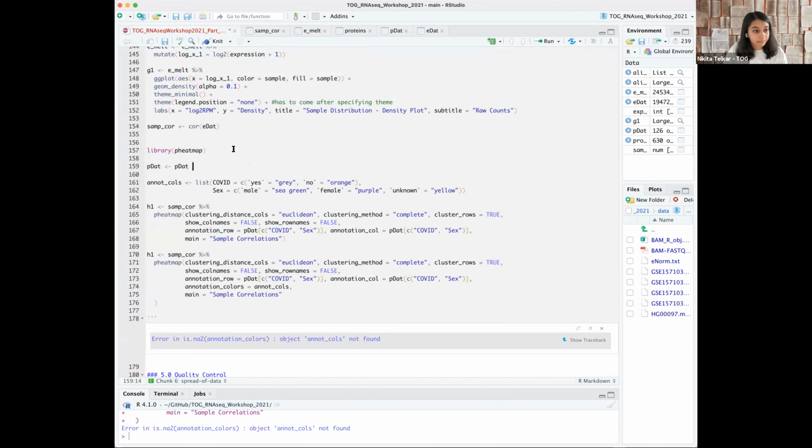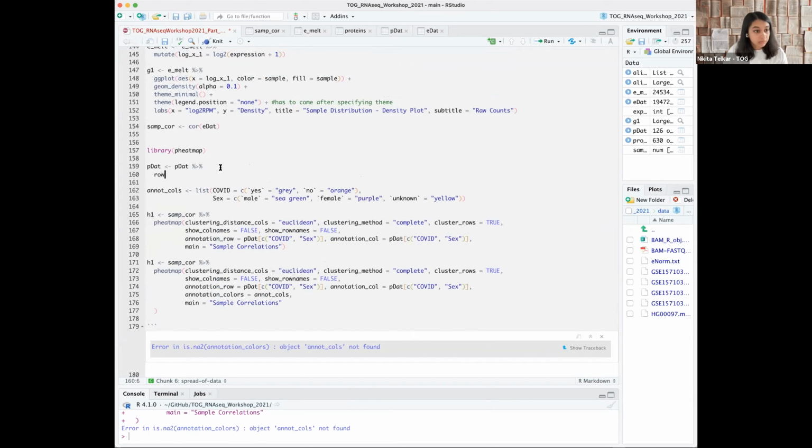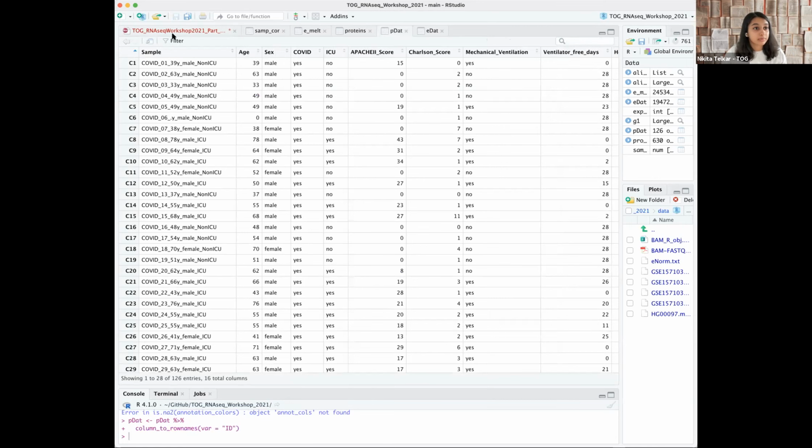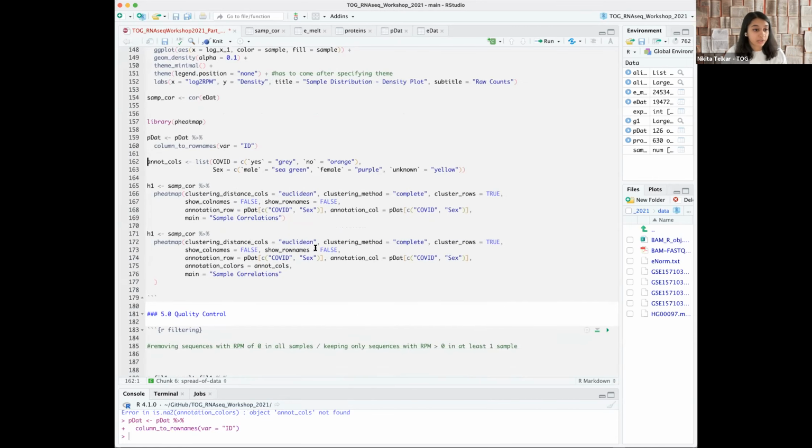I'm just going to convert that here. Pdot row names is equal to ID. Okay, yes, that's a very important step. I mentioned it before and I forgot as well. Then I'll keep this one. It's the same exact code, but just without the annotation color. So you should have had this one originally. So if I run this